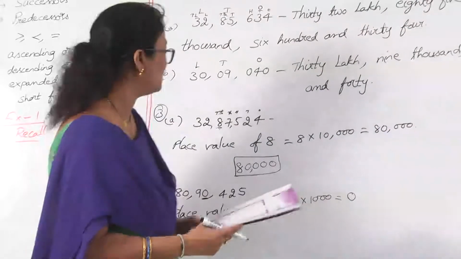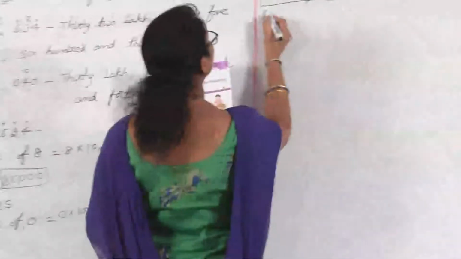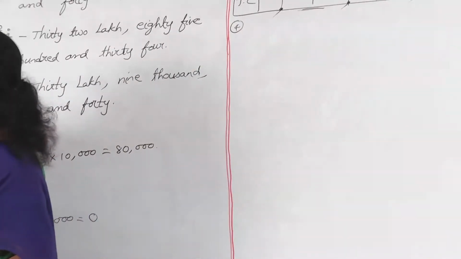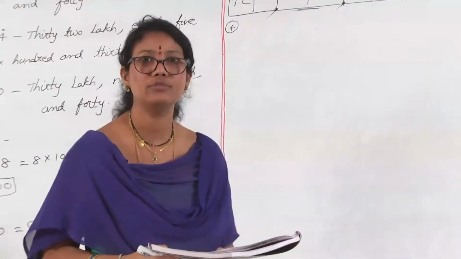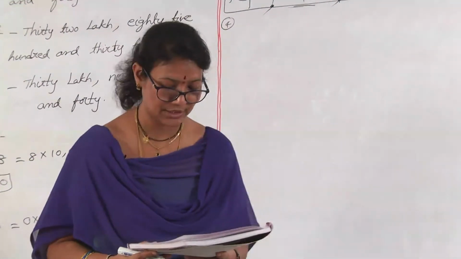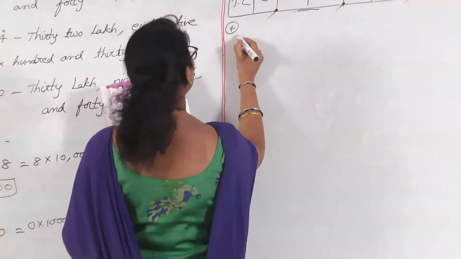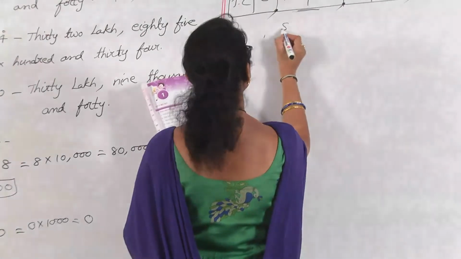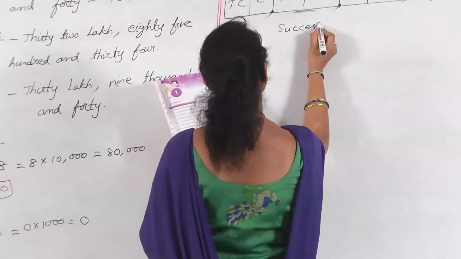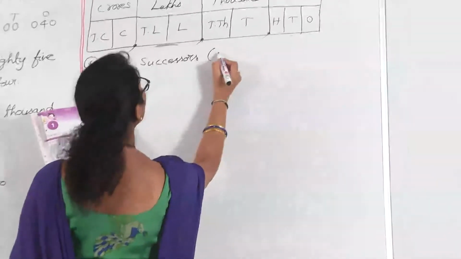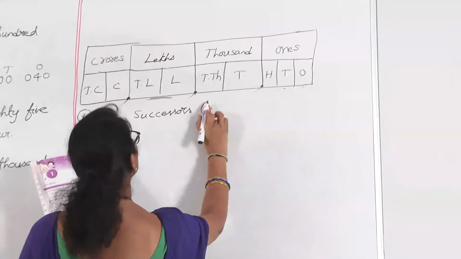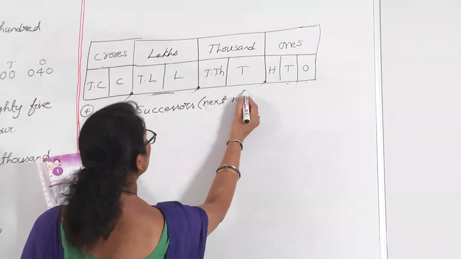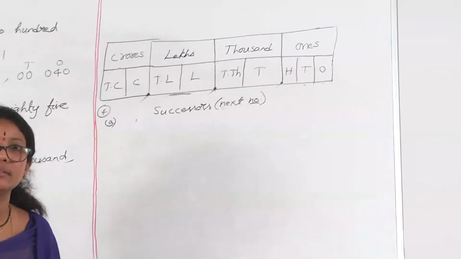fourth bit. Write the successor here, as the next topic is about successors. So, write the successor of the following numbers. In fourth bit, let us do two sums in this. A, it is asked to write the successors. Successors mean we write the next numbers. Successor is nothing but the next number. Successor means the next number.